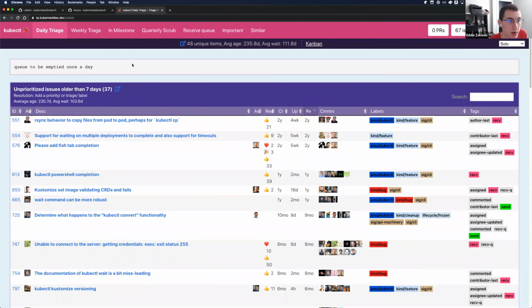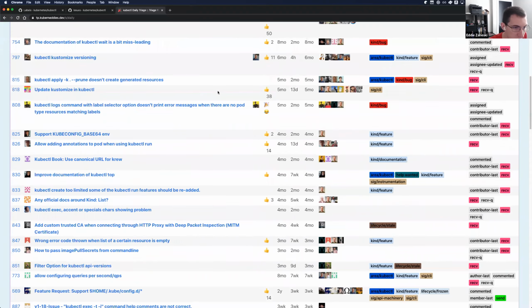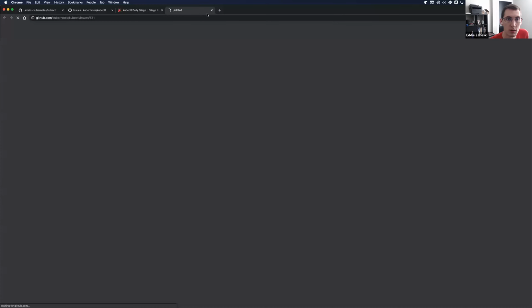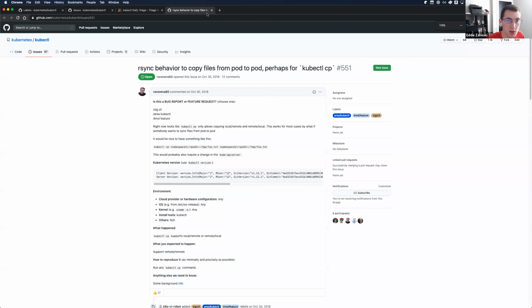This is basically pulling all the GitHub issues and categorizing them into different sections. This section right here is the unprioritized issues older than 7 days. And I've just sorted this by when the issue was last responded to. Once an issue is labeled as priority or triage, it should get out of this queue. So I figured we'll just work backwards from this and see where that takes us. So first issue,